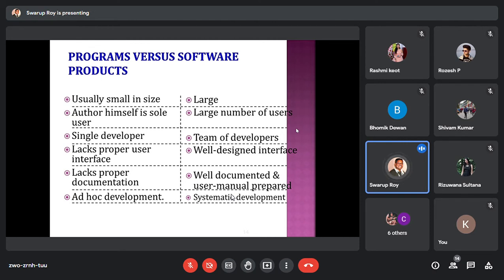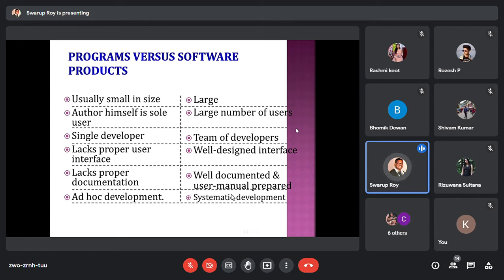As a developer, you hardly think much about all those prospects. You just see this is my input, this is going to be my output, and whether I am able to implement these things or not. So that means a good number of people should be there behind the scenes who will look after all those things. Now, as you know, programs are normally developed by a single person.